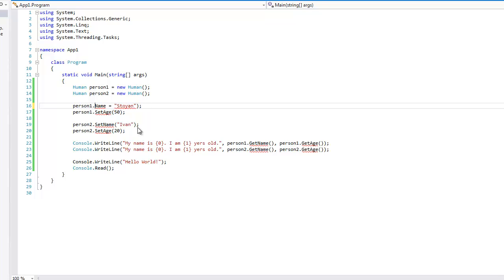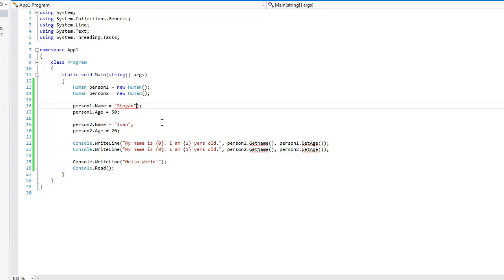Now refactoring will look like that. Age 50, set name Ivan, and age. Some people prefer actually to use properties like that.